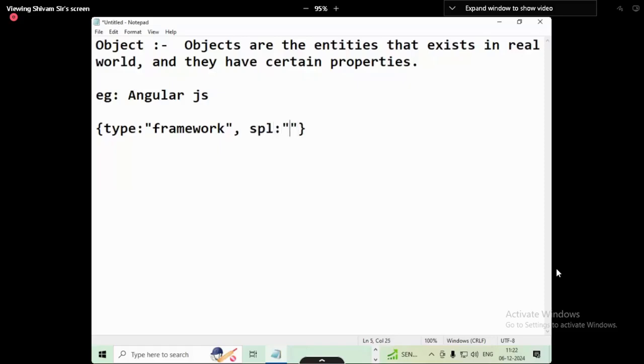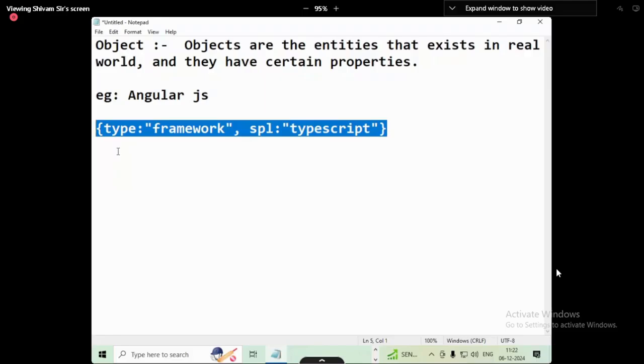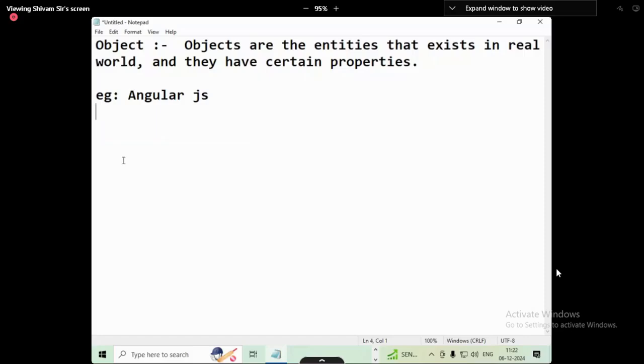So what is the supported language for it? TypeScript. Either JavaScript or TypeScript. So here it is supporting TypeScript. Now, as Angular is not a physical entity, you cannot touch it, you cannot see it, but you can use it. So it is something that exists in the real world, and it also has certain properties. Now, understood objects? Is it clear? Okay. Now, when we are talking about objects in JavaScript, let me go there in the